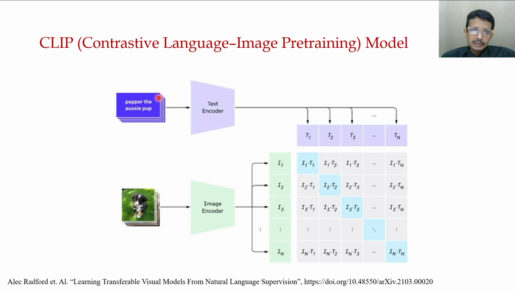Now this is the CLIP model. This is the image, and this is the image encoder. They take these image features, whether CNN features or a transformer. And this is the text. This is a transformer encoder, and we have these two features. If you fuse them, we get this, using the contrastive loss.